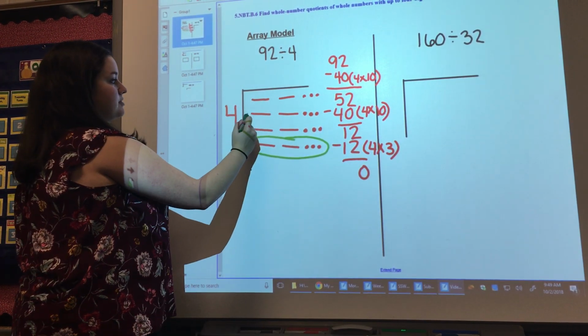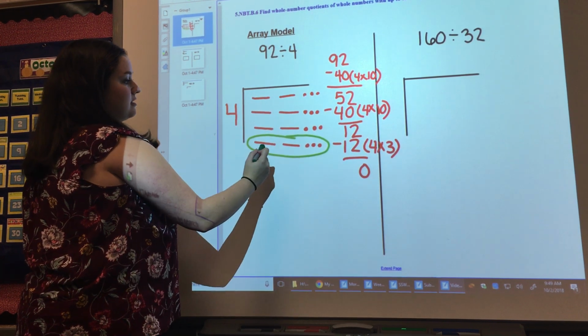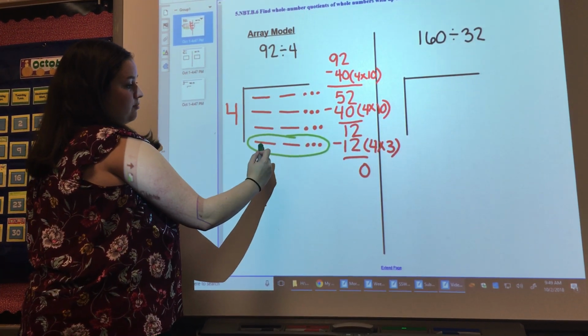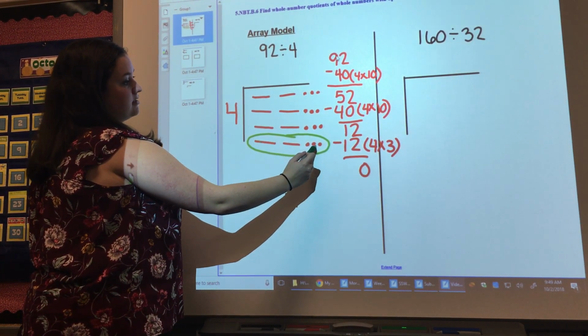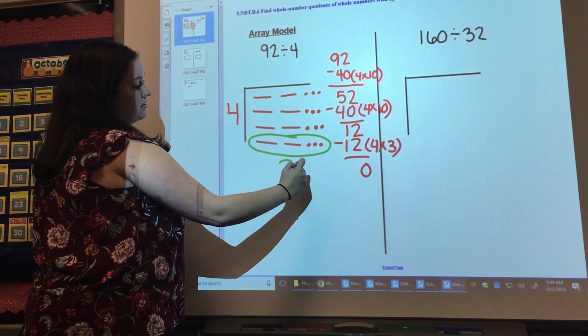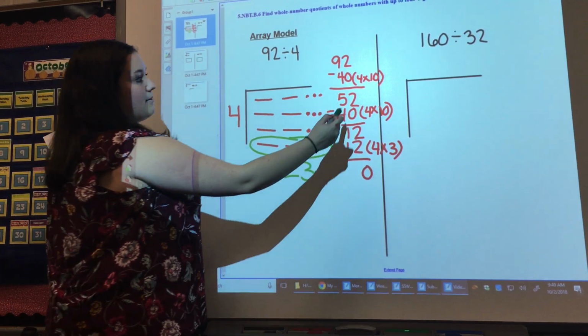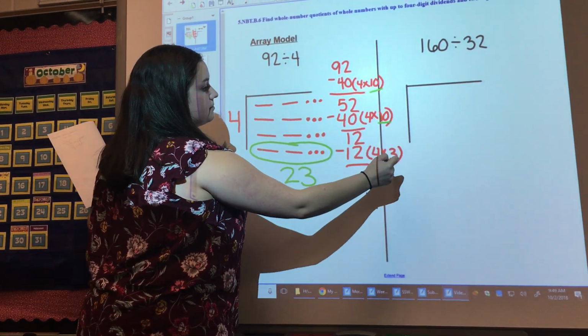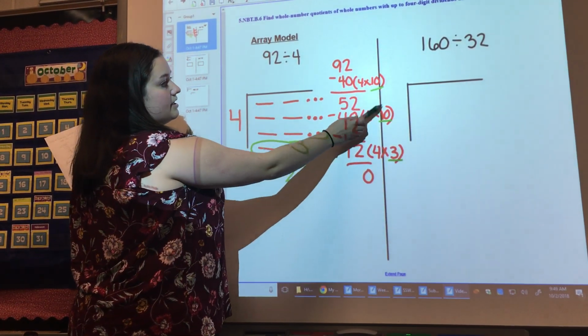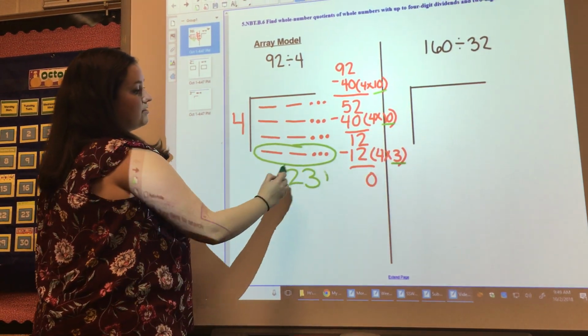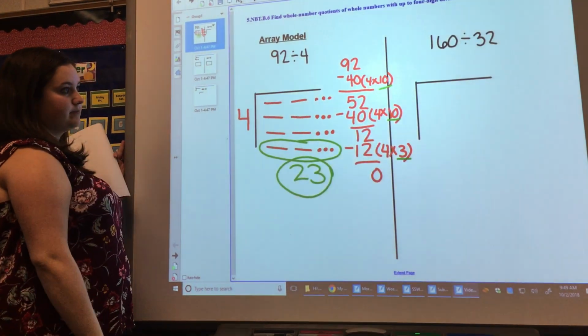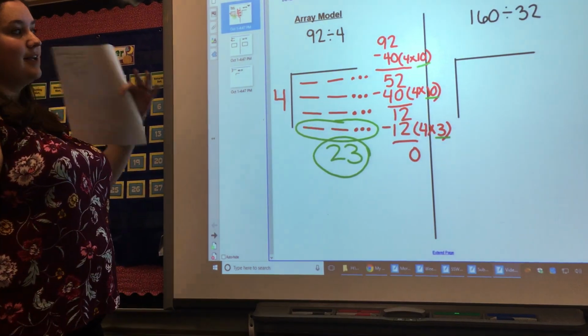So this is 1 group, 2 groups, 3 groups, 4 groups. So when we count that, we get 1 ten, 2 tens, and 1, 2, 3. So our answer would be 23. You can also get that by adding up what your groups you multiplied are. 10, 10, and 3 also equals 23. If we